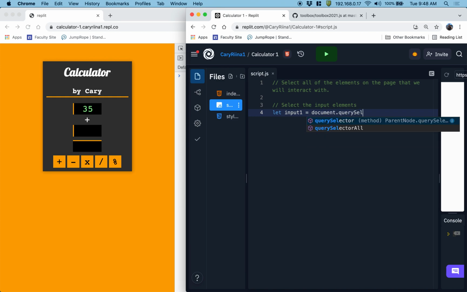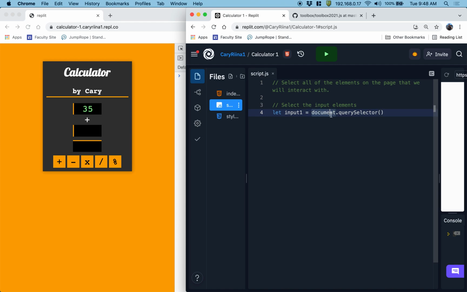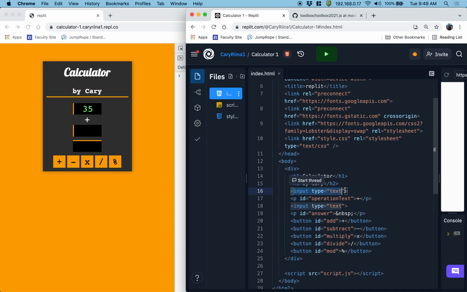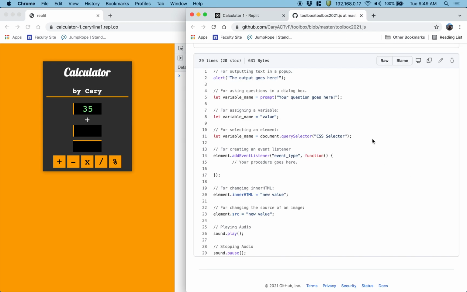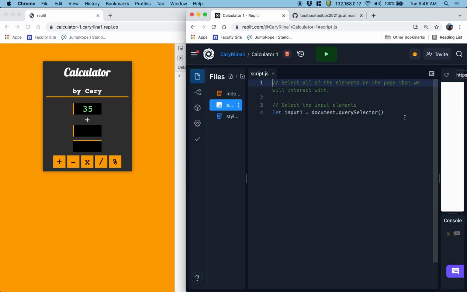document.querySelector. What this line of code is: there's something called the document object, which is a document data type, and it refers to the HTML document. I want to be able to select this first input. So let's give this input an ID of input1 in order to make it selectable. Let's also give this one an ID of input2. Oops, that's my toolbox, which I'm not using yet. All right, so then here we'll do hashtag input1,